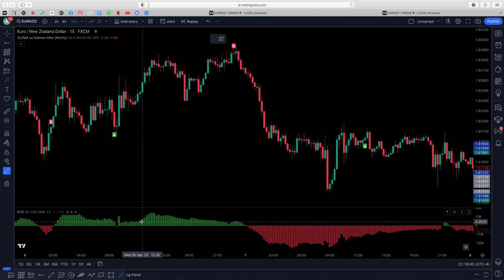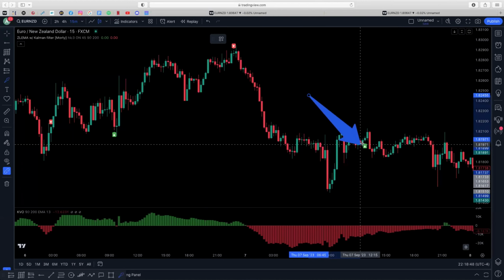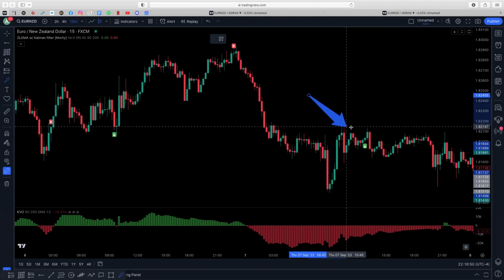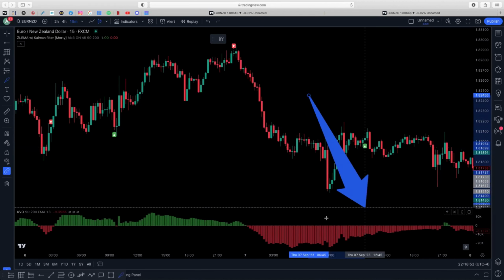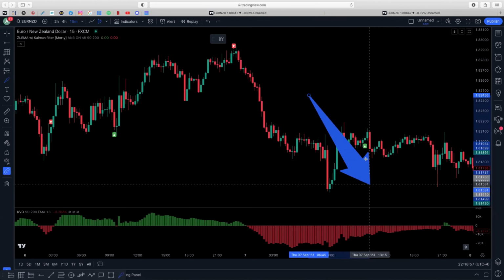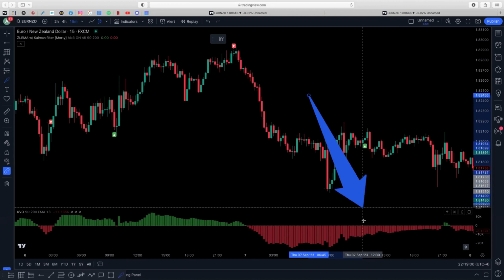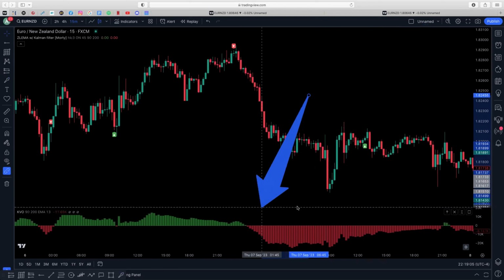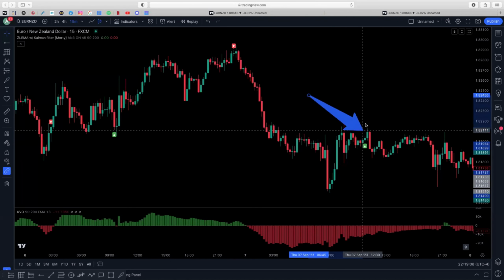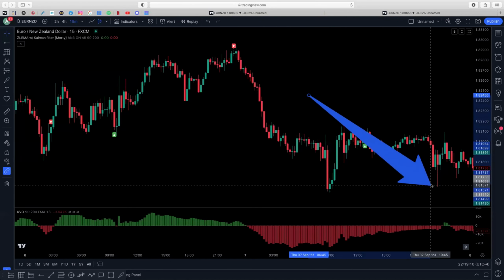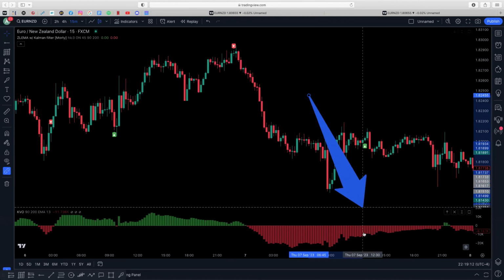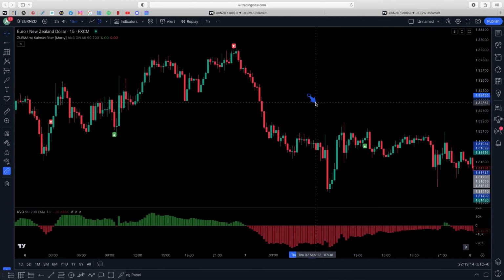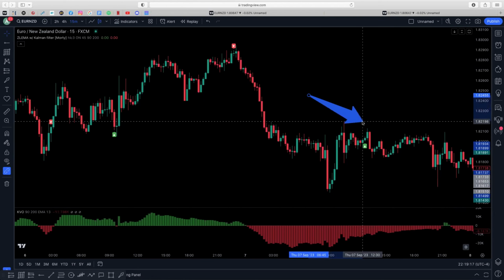Here's an example of a bad signal. Here we have a buy signal appearing, but if we look closer down on our KVO indicator, it's all red, and when it's red we do not have a trade, right? They do not agree, so we cannot trade here. Assuming that we do not have this indicator set, we could have taken a trade here, and what would have happened? We would have ended up losing. So this indicator is going to reduce your losing trades and increase your winning trades, therefore putting you on a very